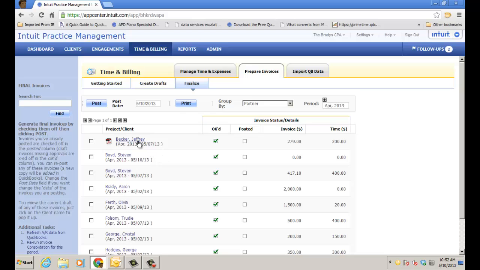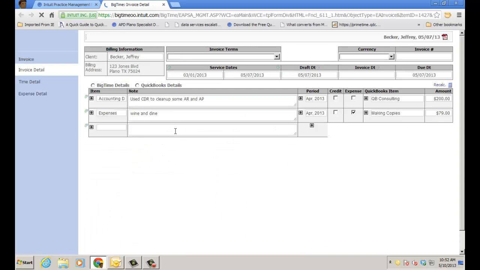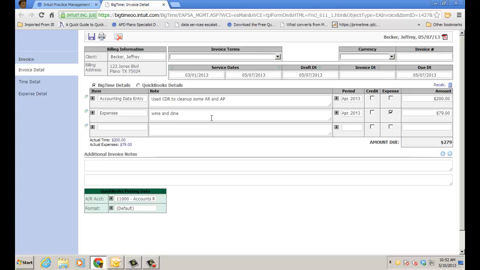So you're going to click on the client's name like you would. It's going to launch the invoice detail. Currently, the timesheet notes do not flow to these note fields. I have that as a request. Eventually, that's going to be in there. So you're going to have to type in whatever notes you have for the invoice that you want to see